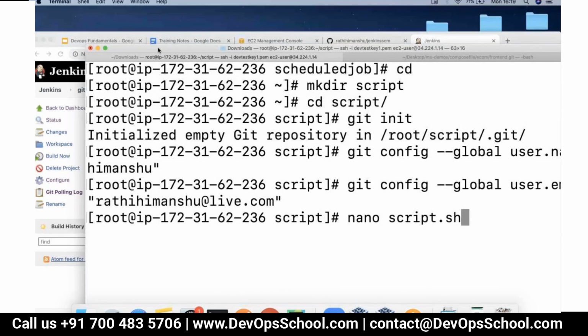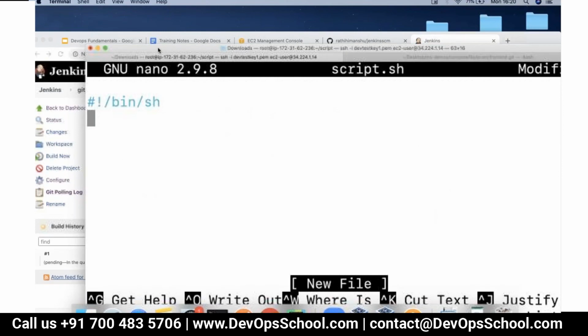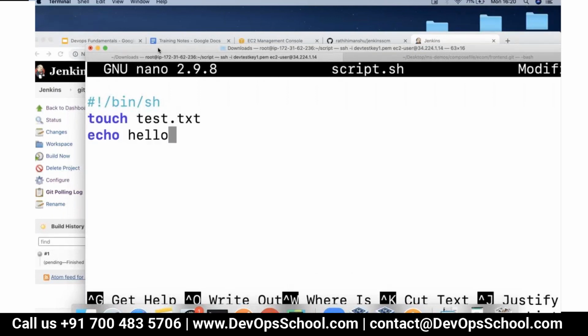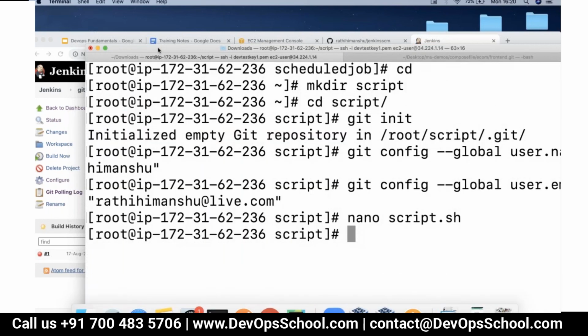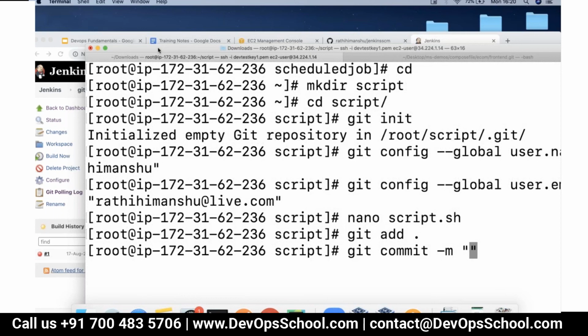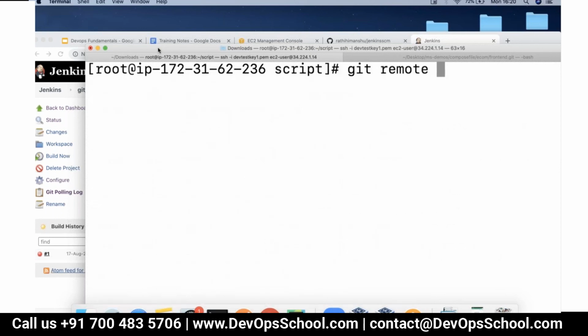Okay, very simple script. We save this. Now what I am going to do is add it: git add, git commit -m 1, and then I'll push it, git remote add origin,